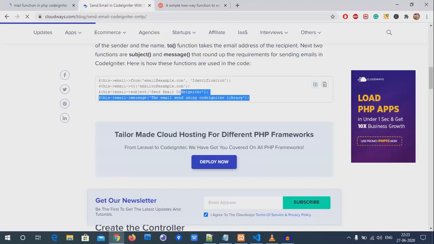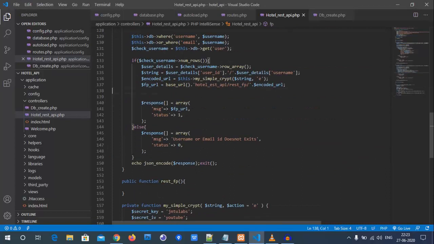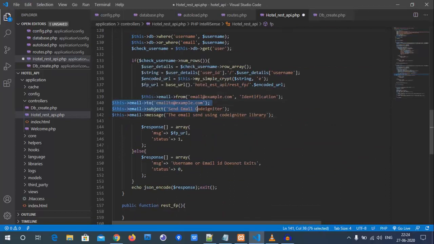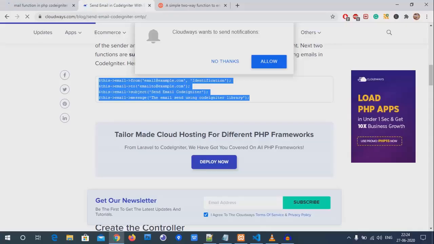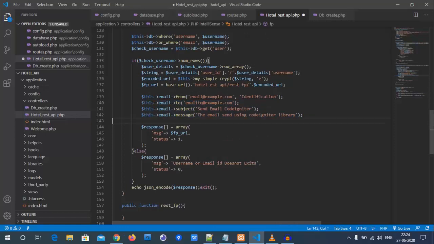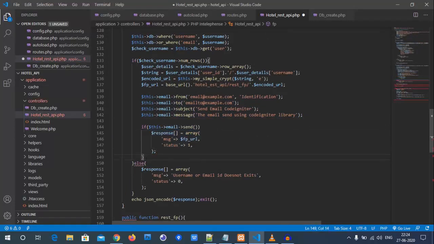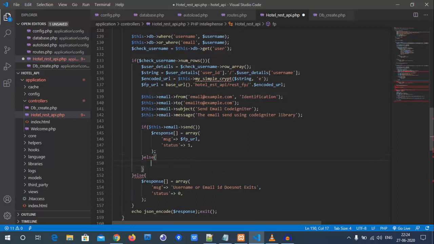We'll explain the later part afterwards. With this we need to concatenate our encoded url. Here this is the encoded url. Then we concatenate it, that's it. There is no mistake. Then we send the message and the encoded url, and we have sent the encoded url. Then here you go with the status 1.